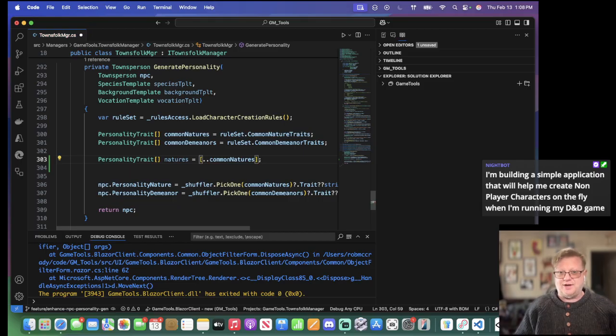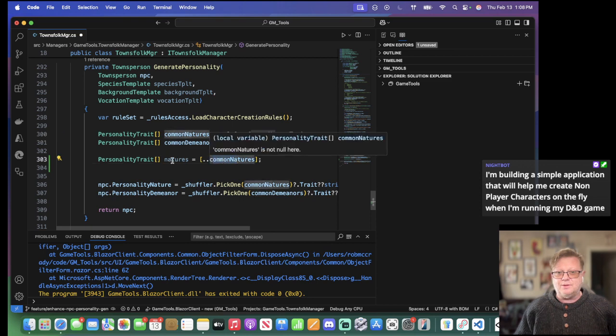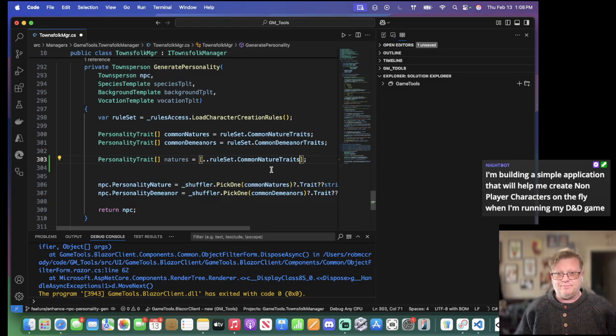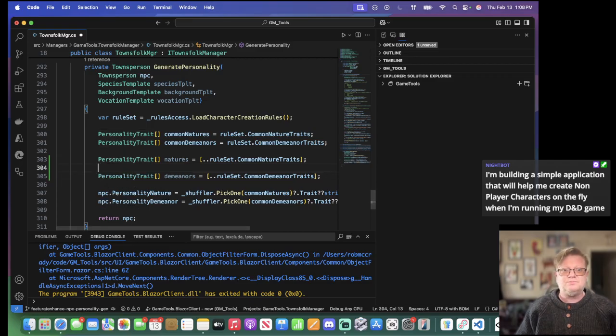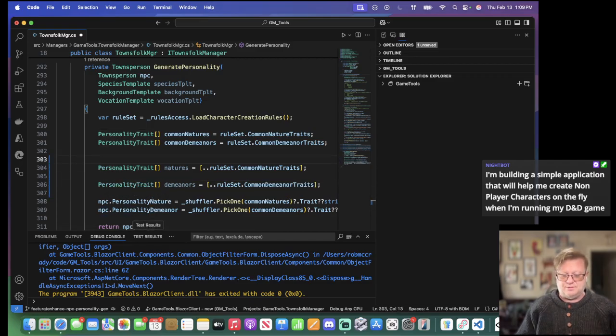And that's all we're going to use for now. So rather than do this, I am going to just grab this, copy it, paste it in here, and that's it for now. And now, personality trait demeanors, we're going to use common demeanors. And let's just add,